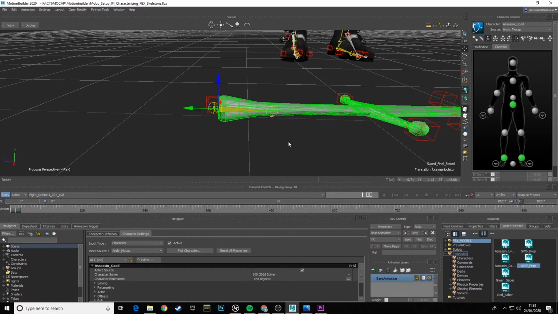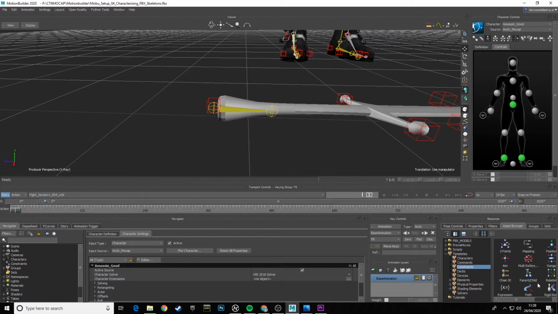So let's zoom in. Let's do the next stage of actually constraining this to the bone from the mocap. So this bone here is the mocap, and then our FBX model is here. So now we're going to constrain this model to this bone so it moves exactly the same. So to do that, we come back to our asset browser, and we look in the constraints section, and we're looking for parent-child. So if I bring that in, drag that, drop it onto the sword model, and select constrain